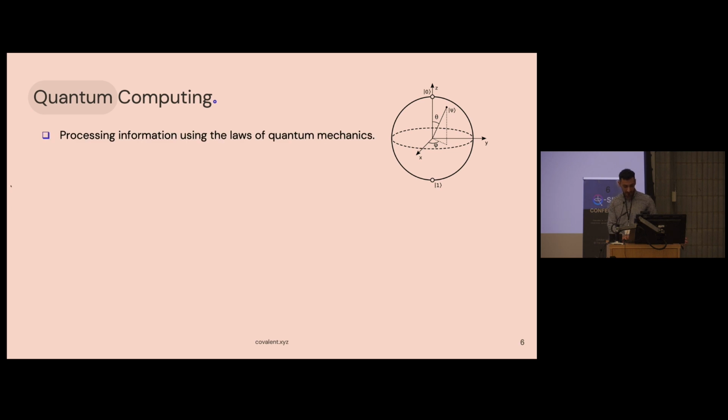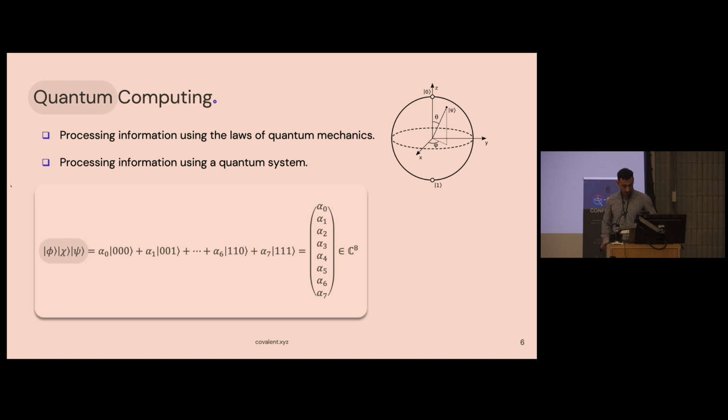So what is quantum computing? It's sort of processing information using the laws of quantum mechanics. Or alternatively, it's processing information using a quantum system. The way that's described mathematically, for instance, here I have a quantum system that is a 3-qubit register. And we represent that as a superposition of all these different 3-bit strings. So there are 8 of those, and each can be associated with a complex number, that is the amplitude, and so we have, in the end, a vector